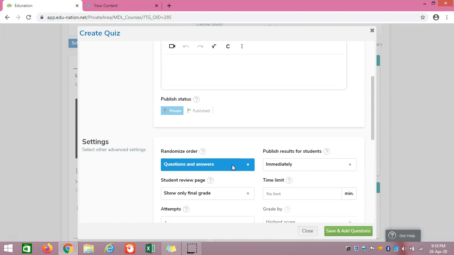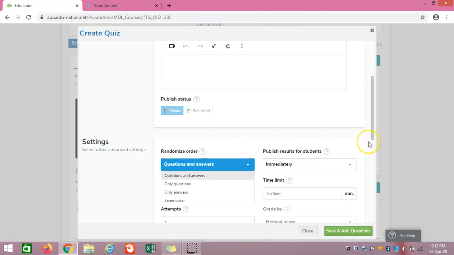If you are randomizing the questions, each student's order will be different. Like question number 1 will be question number 10 for another student, and also the options will be different. Like east will be the first option for one student, and west will be the first option for another student. This is randomizing order, questions and answers. If you are randomizing only questions, that means only the questions will be changed. The choices will not be randomized. If only the answers are randomized, the questions will be the same. Same order means the same questions, in the same order, for all students. Okay, hope this is clear.